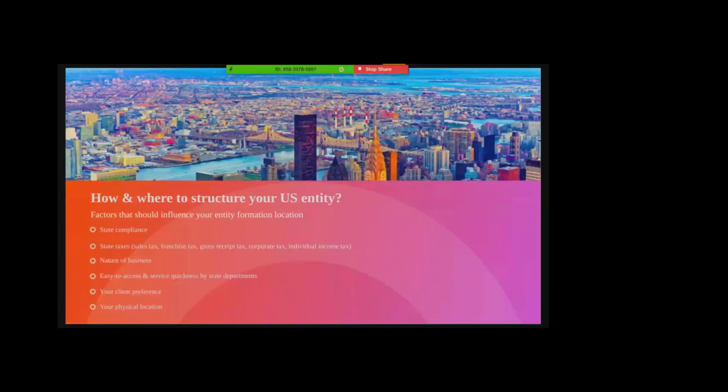In the healthcare sector, they would want you to be located in the same state where they are located, because healthcare rules change from state to state. So it would also become an important parameter for locating your entity. And of course, if your physical location is in the US, you would want to decide where to have your office, because closer to your house is what you would always prefer. So that is also a factor in case you are going to be in the US.